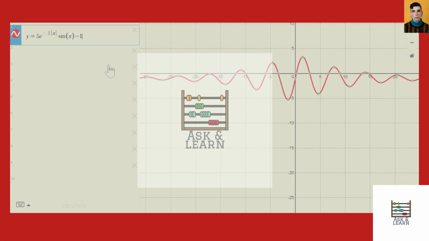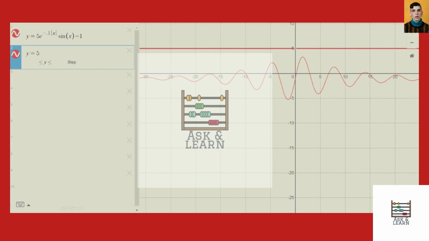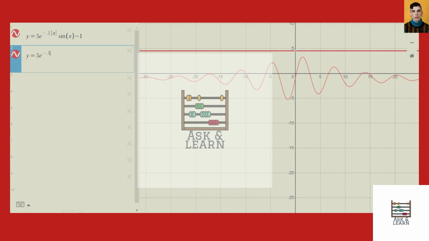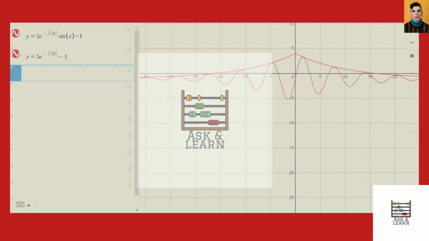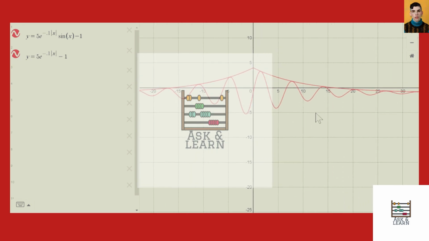However, the negative 1 shifts it downwards, so we have to be very careful with how many zeros this thing has, okay? Because, let's do something really interesting right now. 5e to the negative 0.1 absolute value of x, shift it 1 down. As you can see,